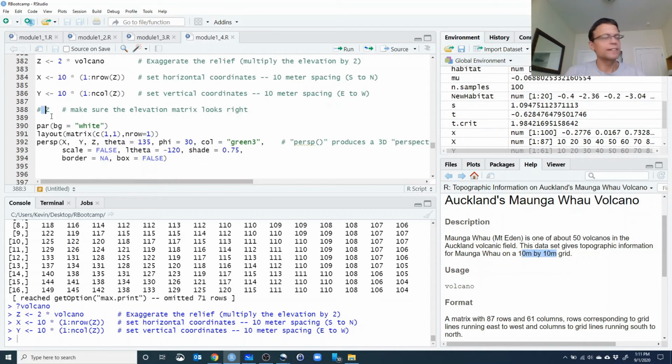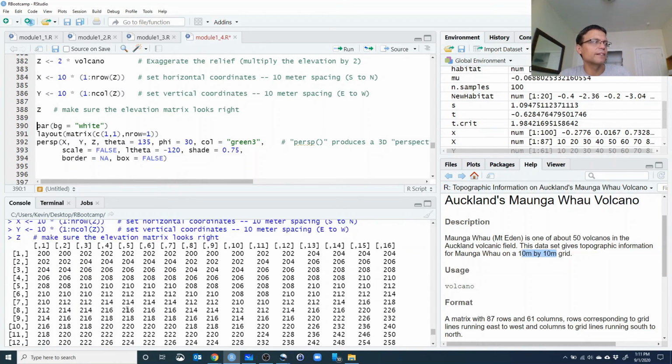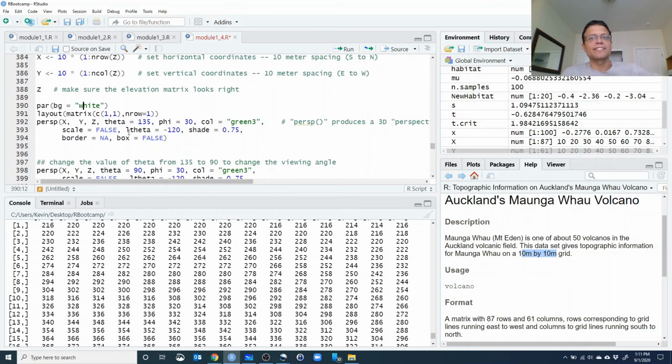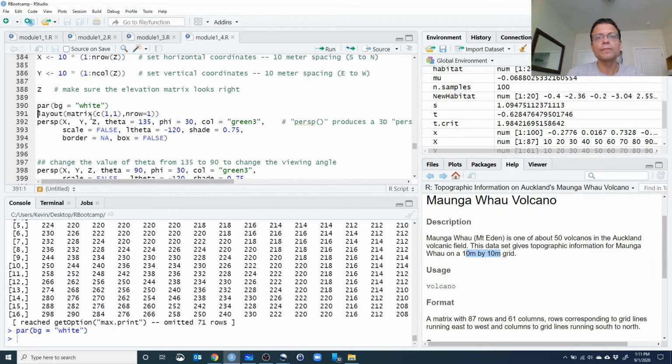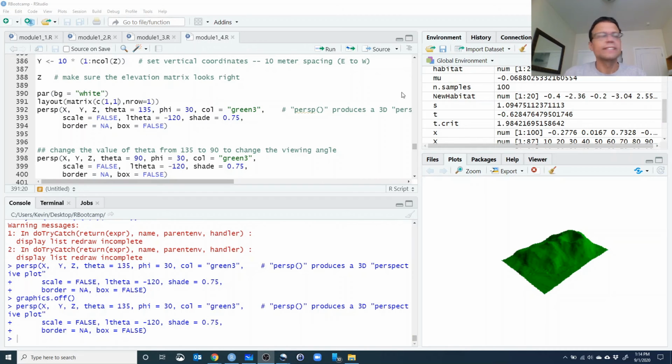All right, so let's look at the z. We can uncomment that and see, does that look right? Yeah, it looks right. There's some topographic relief here, and we can try to visualize this topographic relief. So let's do that. First of all, we're going to set the background color of our graphics window to be white. In this next line here, I see an error,